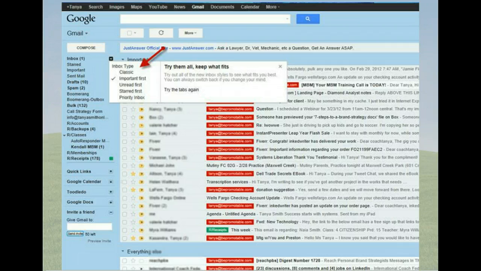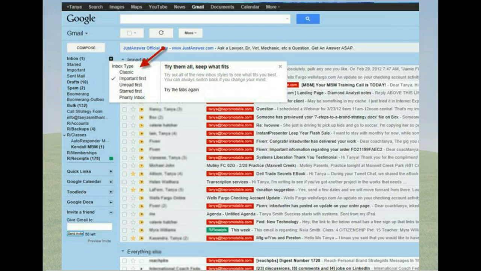Priority inbox is another way you can set things up. Priority inbox does something very similar in that it uses a Google algorithm to find what it thinks would be priority to you, and you train it by going in and changing that as emails come in, at least initially, and after a while it will work on autopilot for you.